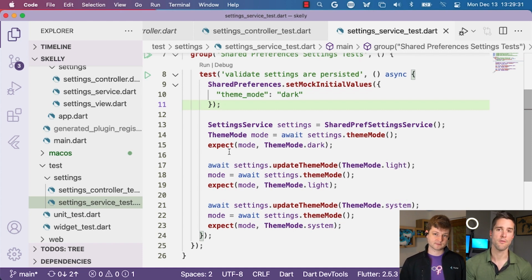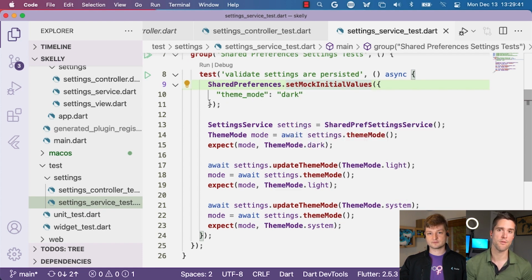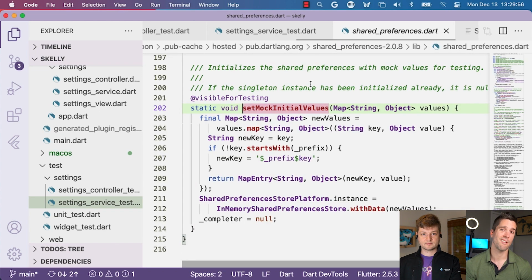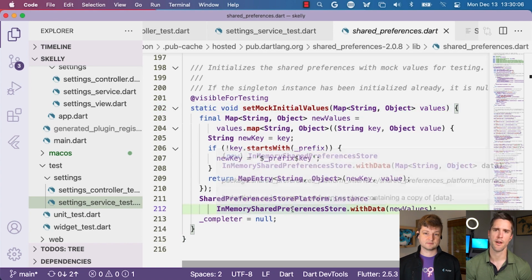And so we found that this set mock initial values method, A, just exists, and B, takes a map of initial values. And not only does it store those initial values, but it changes the entire internals of shared preferences so that it doesn't actually rely on a real storage mechanism. Presumably, it makes it all just run in memory, much like what we did for our controller several months ago now. So once we found that method and played around with it, you can see it right in here,